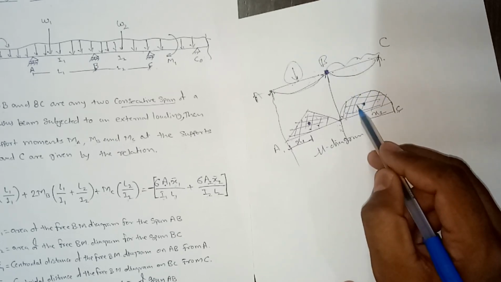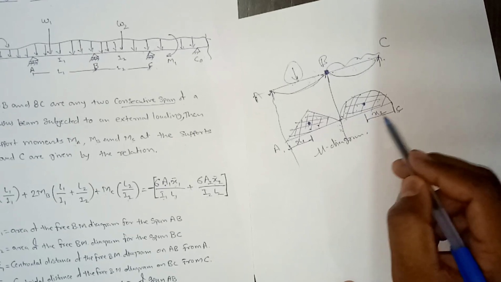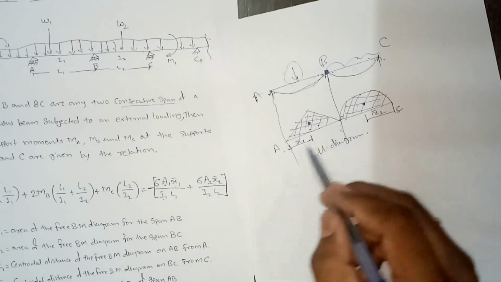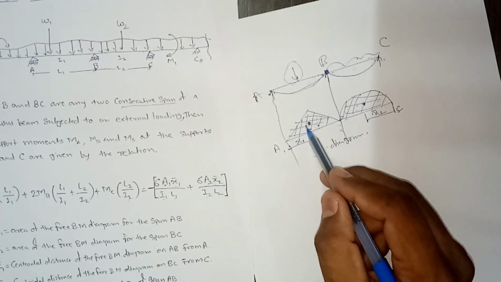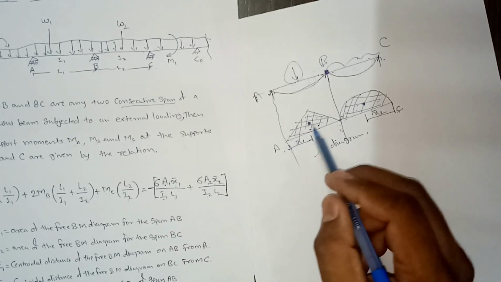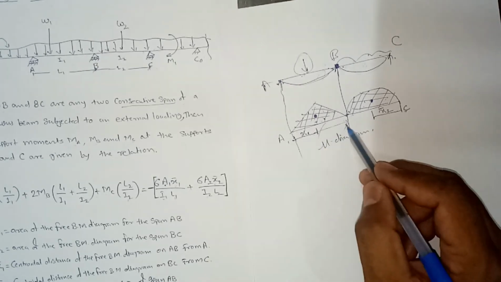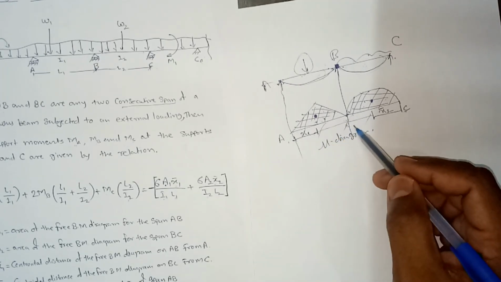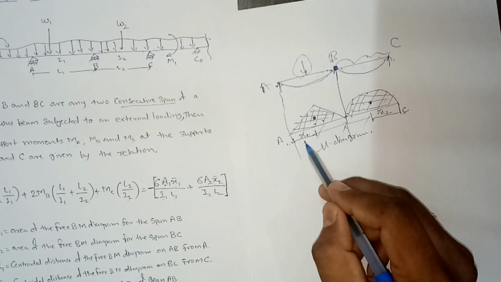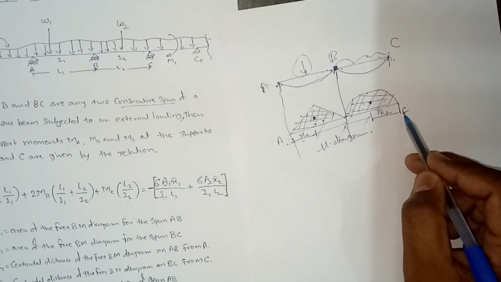So for the right-hand released bending moment diagram, you have to measure this x2 bar from the C support, the right support, and for the left-hand released bending moment diagram, you should measure this x from the left support. This is something you have to remember. Though it is a simple concept, you should not measure this distance. If you do, you will get errors in your values. So you must measure x1 with respect to A, and x2 with respect to C.